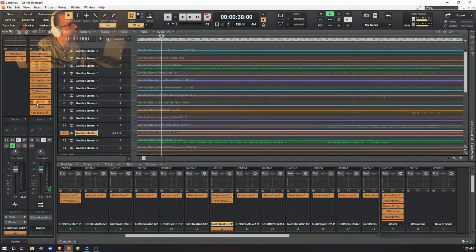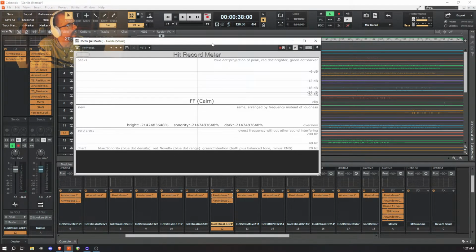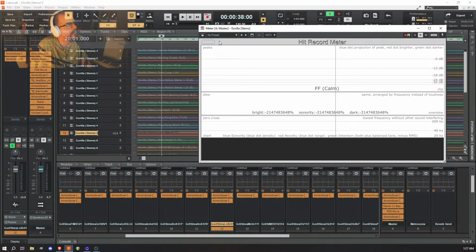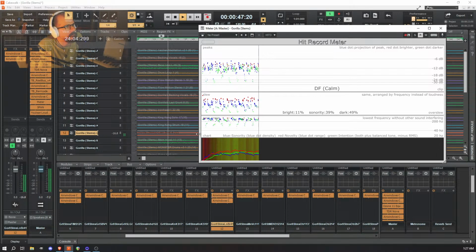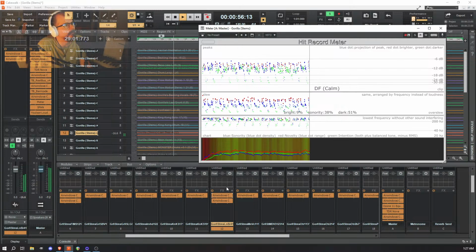Let's look at it through meter. So, with Wolfbot, this part is about 50% dark, 10% bright, and bypassing Wolfbot,